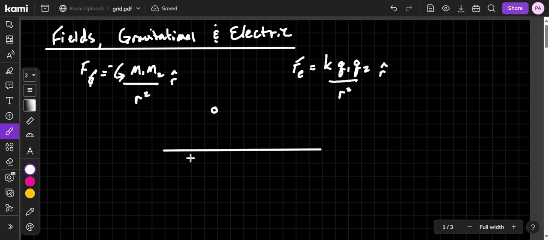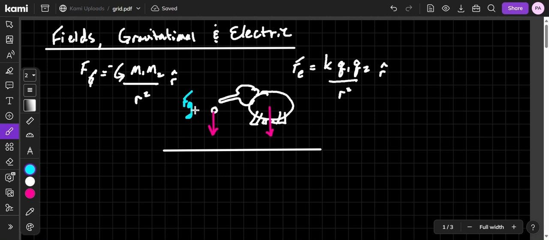Okay, that if we have a ball that we are dropping close to the planet and an elephant that we are dropping close to the planet, both of these are going to accelerate at the same rate. Now, the force of gravity on the ball and the force of gravity on the elephant,